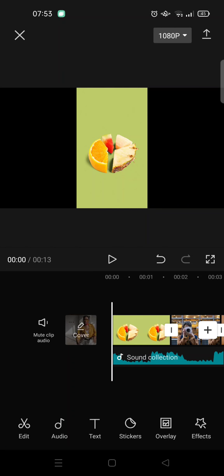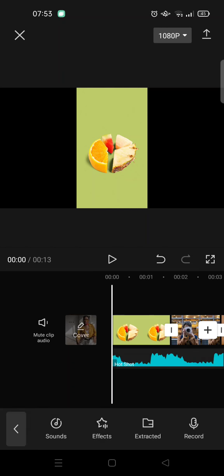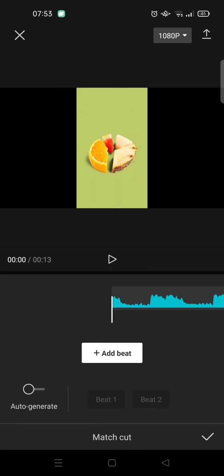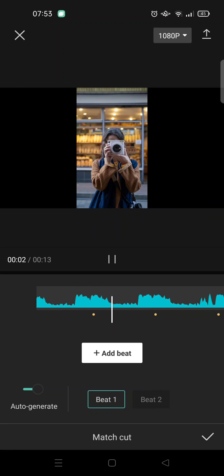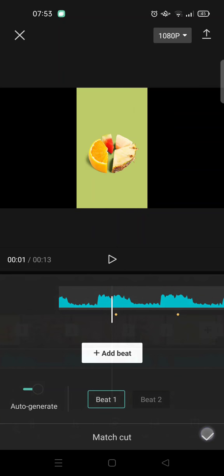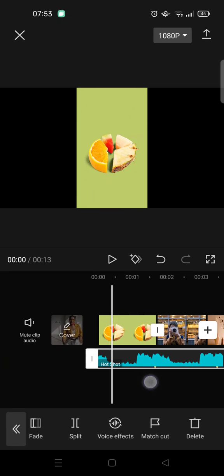So what you guys can do is click on the sound or on the audio and then go to CapCut, and here you can either add beats one by one or you can just auto generate so that CapCut will match or mark the beats automatically. I'm going to just use the auto generate. You can choose whether you want to use beat one. So I'm going to just choose beat one and then click on the check icon, and after that just align